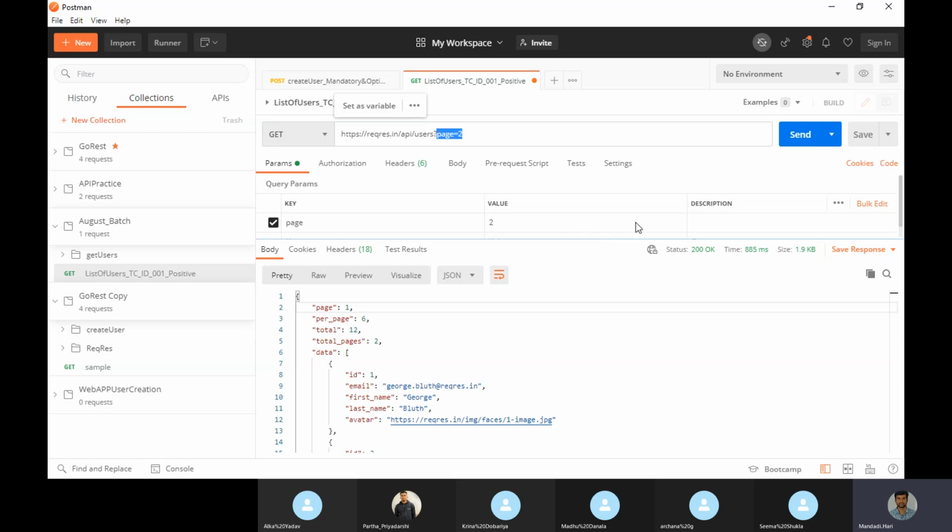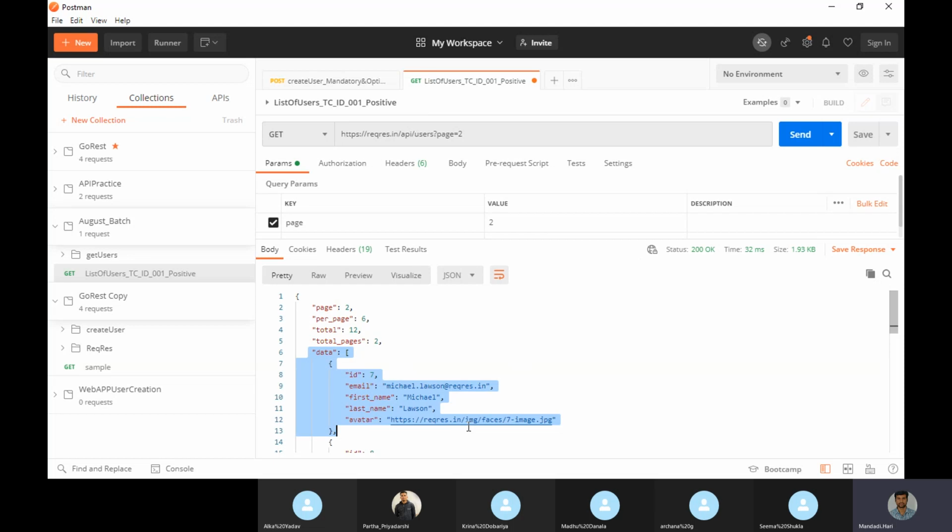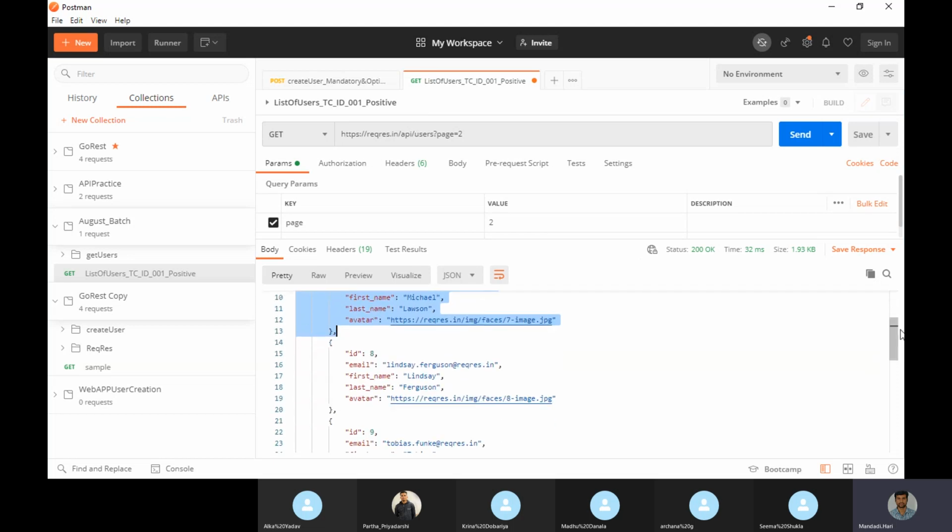Got it? So page 2 should display once I click send now. See, page 2 data is coming. It's not a single record. See data, this is one record, and in that way we have multiple records. So those are page 2 records.